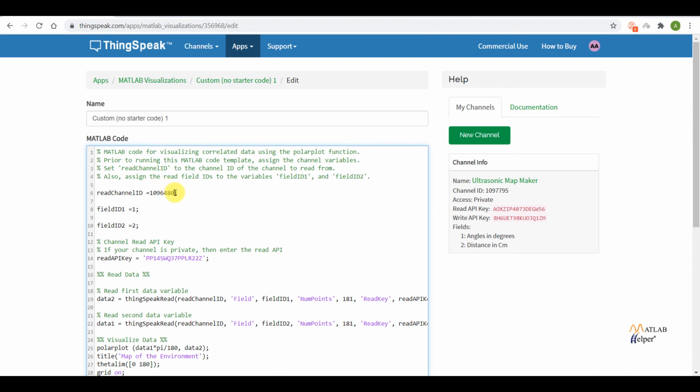So first I have to mention the channel ID from where I have to read the data. Basically, now we have to read the data that we have posted in the channel. So I will be writing the channel ID, we can copy the channel ID from here.